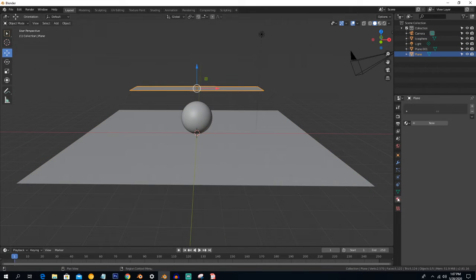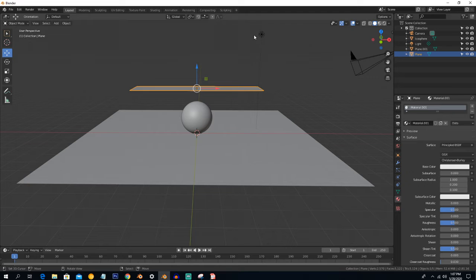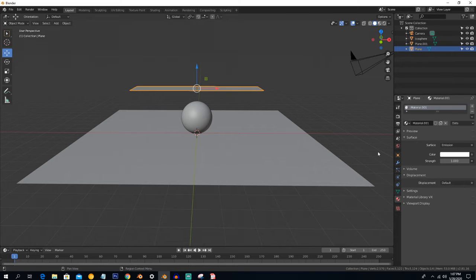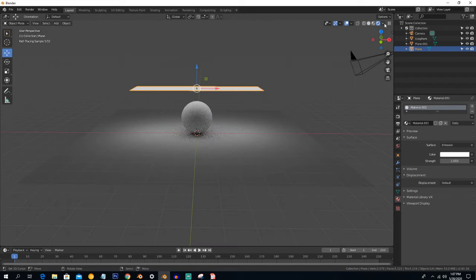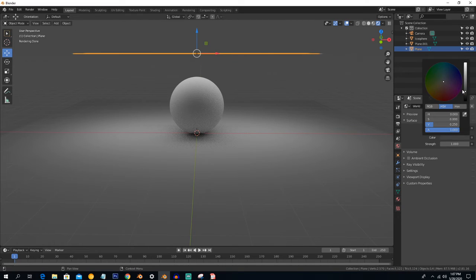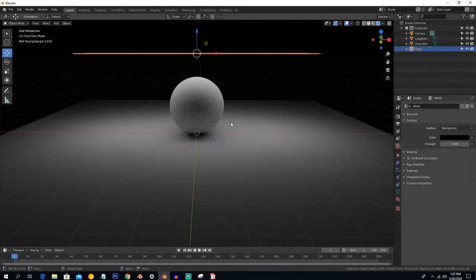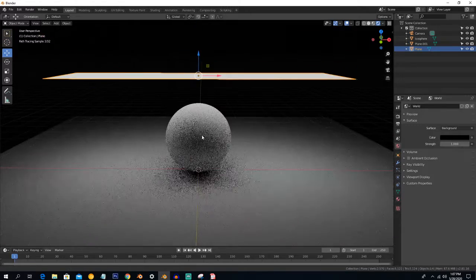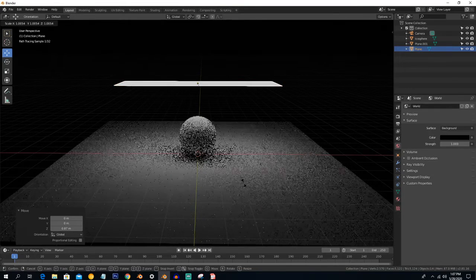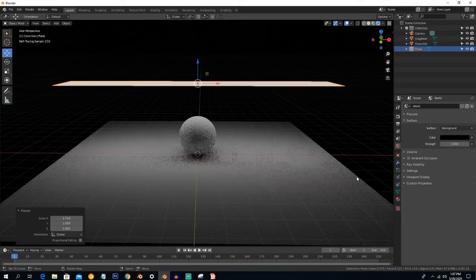So let's just assign some values. This will be our lamp, and change its type here to emission type, and just go to the render option, and the background color here you should choose black to see clearly. Now we just increase the scale of the lamp for smooth lighting.